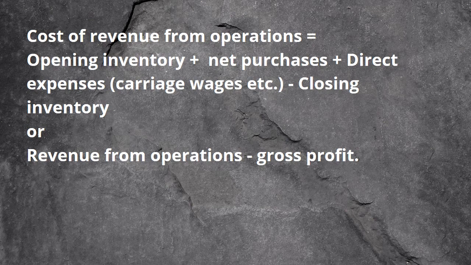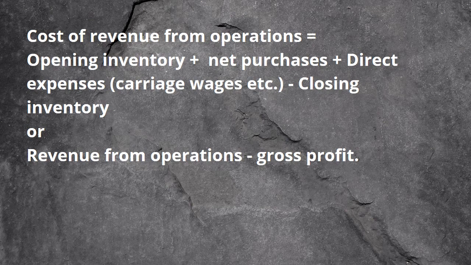Cost of revenue from operations is opening inventory plus net purchases. Again, listen, when the matter is of net purchases, it is very clear that something has been subtracted. So from purchases, purchases return has been subtracted. Plus all direct expenses. If you remember the trading account of your class 11, it is the same. Opening stock, purchases, wages, direct expenses minus closing inventory. Rather than stock, it will now be inventory. Inventory means stock,